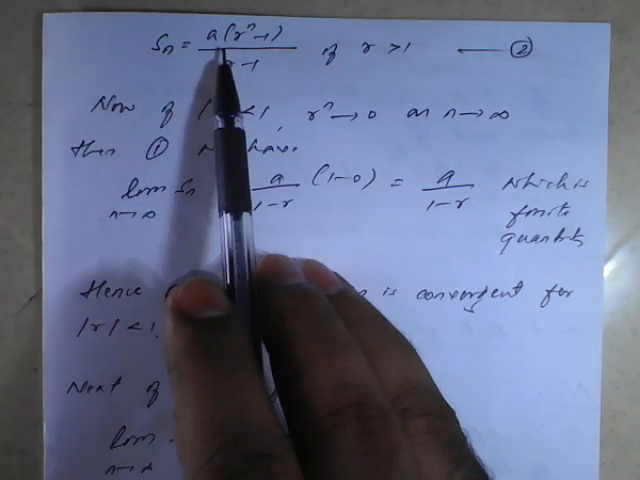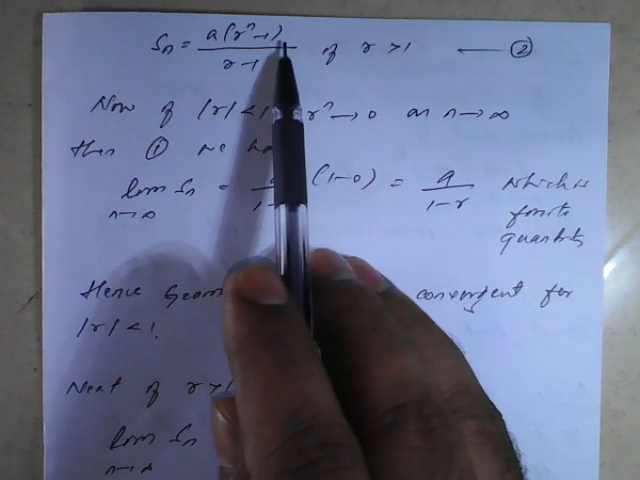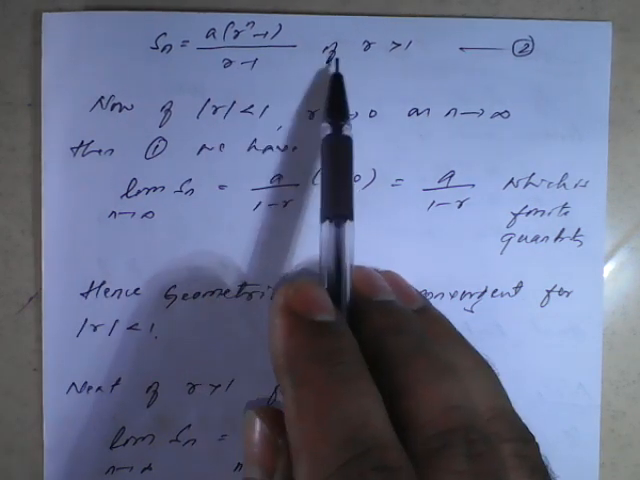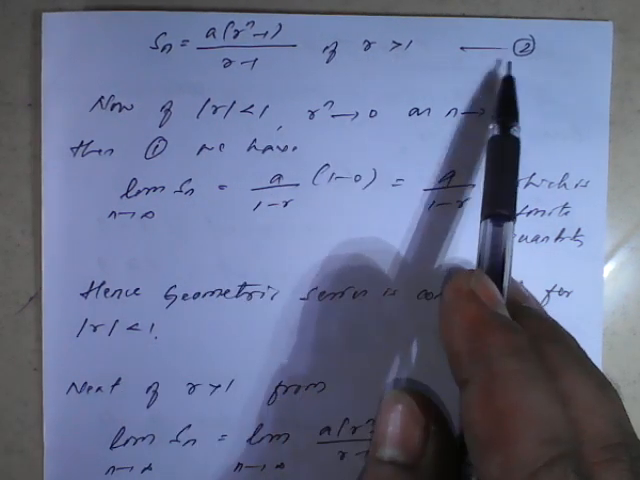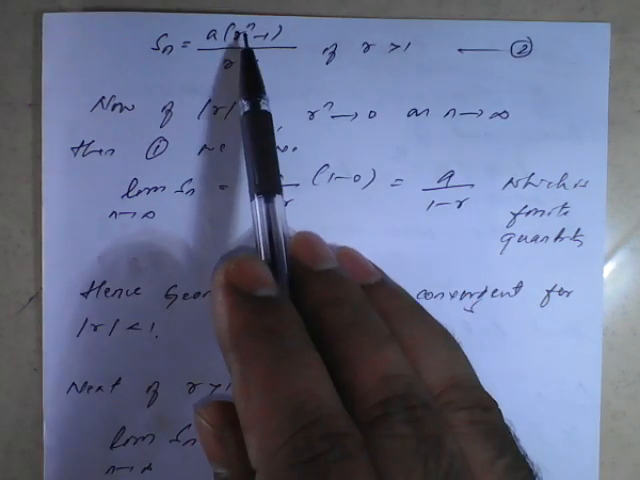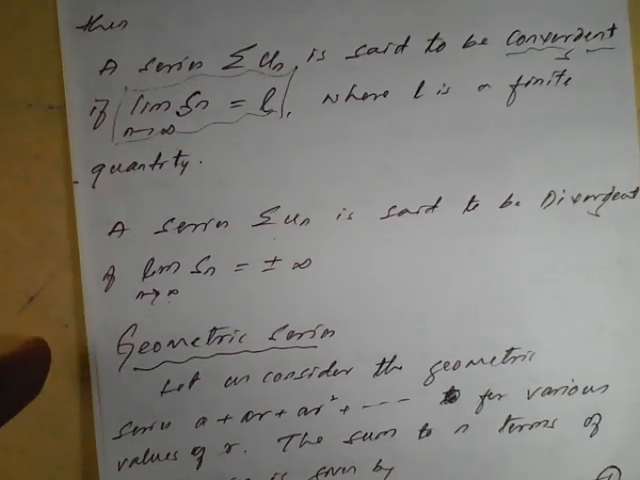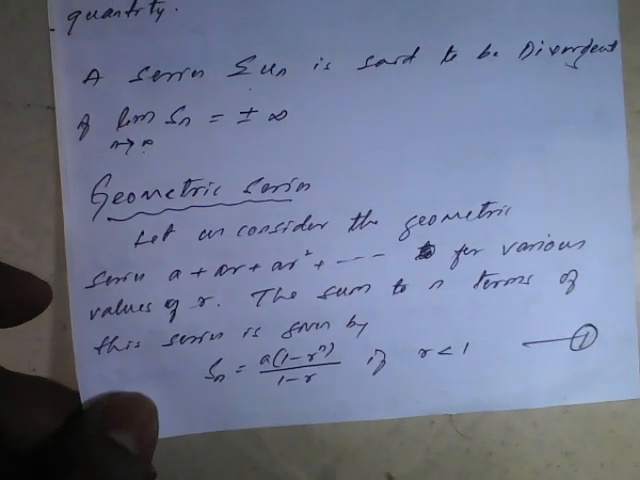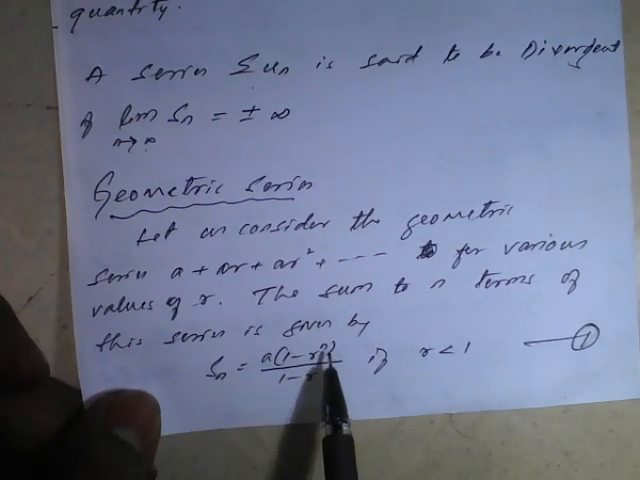Sn is equal to A into R raised to n minus 1 divided by R minus 1 if R is greater than 1, equation 2. So if R is greater than 1, R raised to n minus 1 will come. If it is less than 1, we consider A into 1 minus R raised to n. Just see the differences here. Now